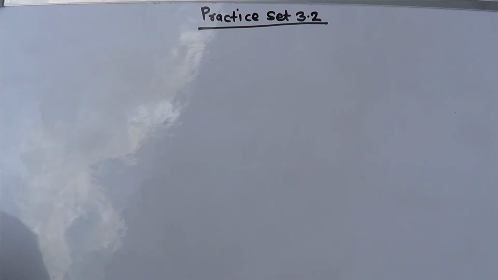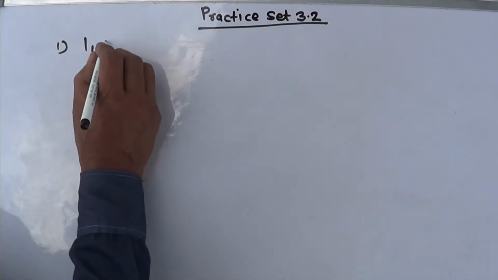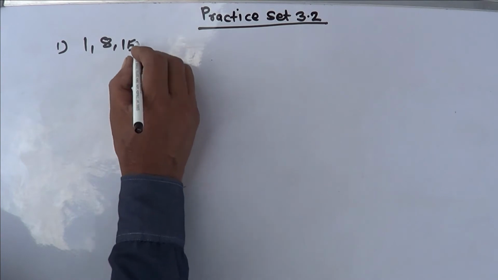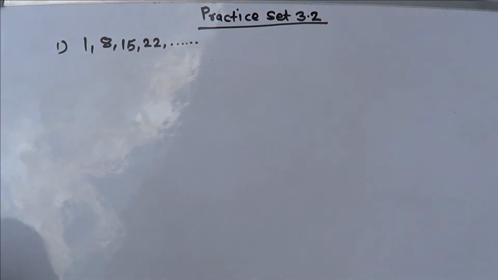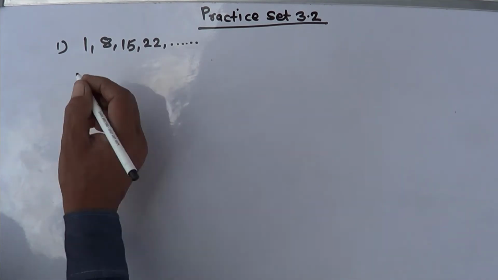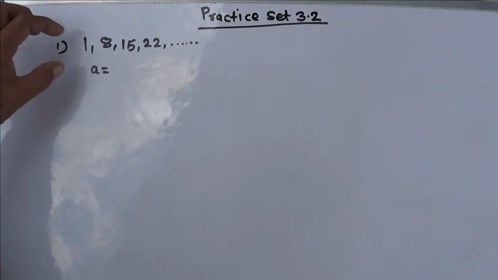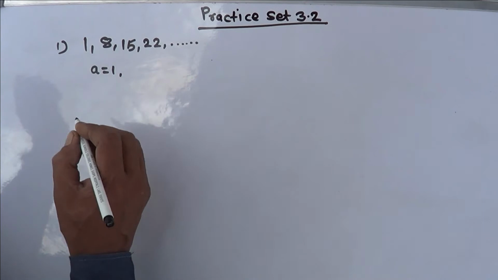तर इथं आपल्याला पहिलं एक्झाम्पल दिलेलं आहे 1, 8, 15 अँड 22, 1, 8, 15 and 22 and so on. Here we have to write the value of A, then the value of T1, T2 and T3. So here we will write the value of A. Value of A काय असतं आपला, A आपला असतो T1, म्हणजे A ची व्हॅल्यू आपल्याला इथं 1 आहे.